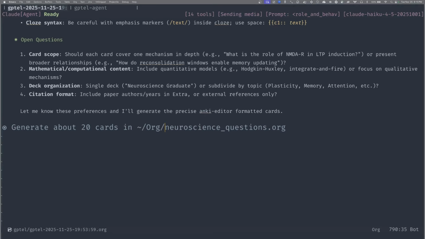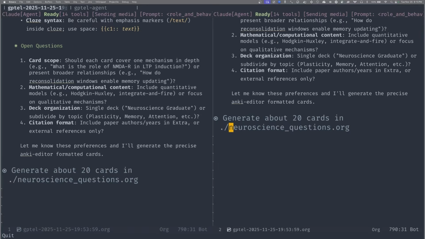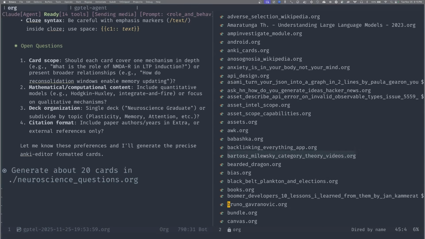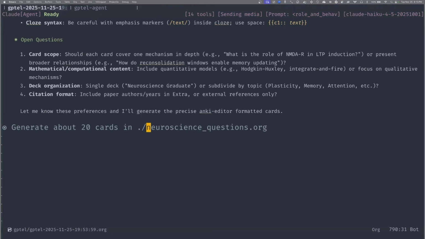I think they're at the root of your org directory, and you have a separate neuroscience folder. No, I don't. Because I use org-roam, I don't care where they are, as long as they are in the same org directory. They will be linked.